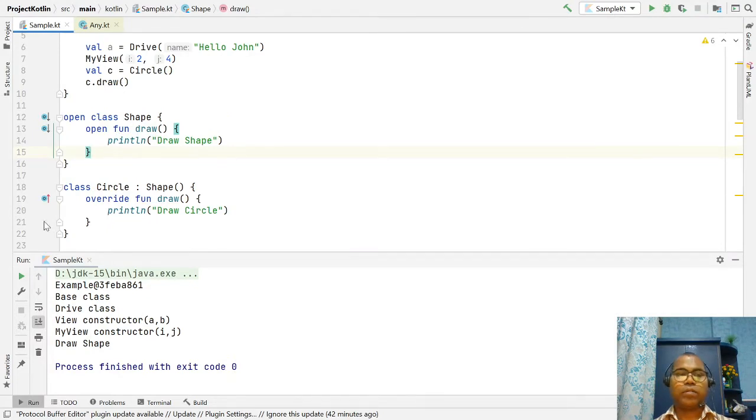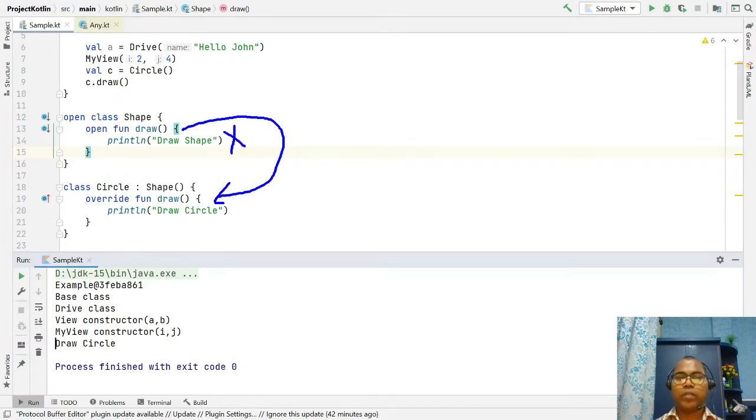If you run it again, so this is also known. Now this is a draw circle. Whenever I want an inherited function, inherited method, but I don't want the same business logic or definition given by your superclass, your base class, you can give the new definition. Giving a new definition of a particular method that is defined inside a superclass is known as overriding. All the methods by default in a Kotlin class are final.